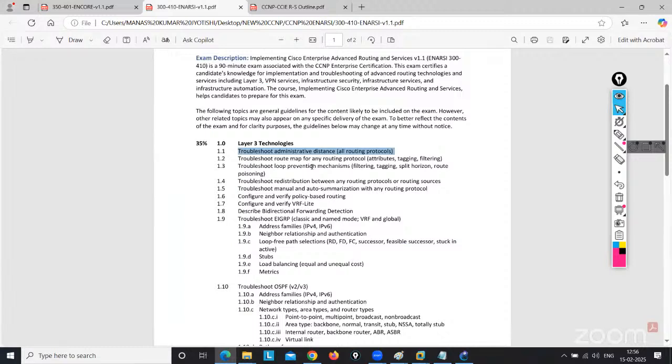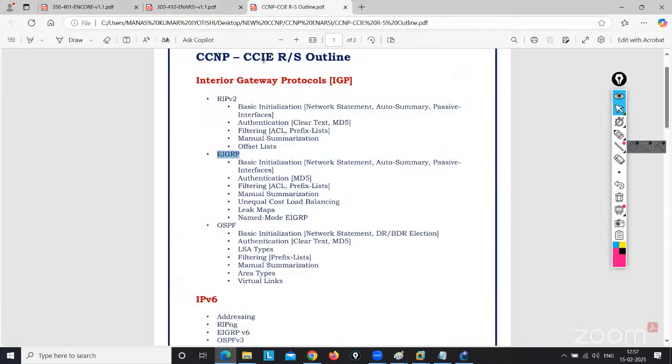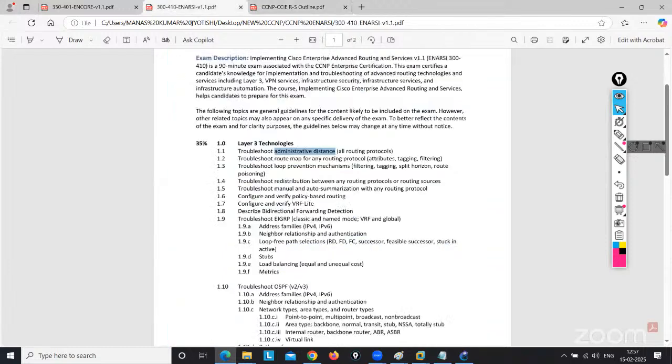you don't know what the administrative distance is. I know a lot of people here are aware of the AD part, but still, for the other people, I need to explain what EIGRP is and what the AD value is. And suppose I ask what the AD value is for OSPF. Once I cover EIGRP, OSPF, BGP, MPLS, then we will jump to the troubleshooting part.